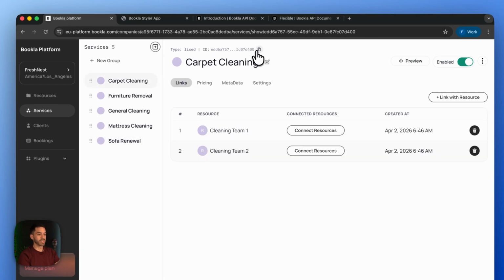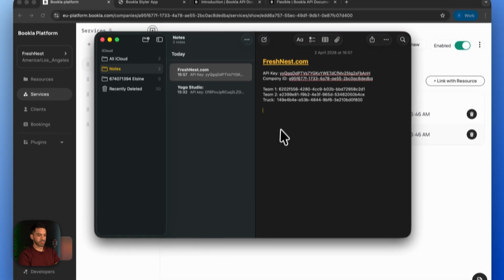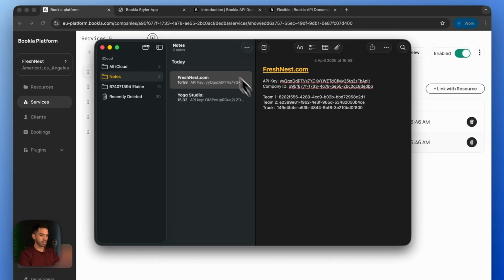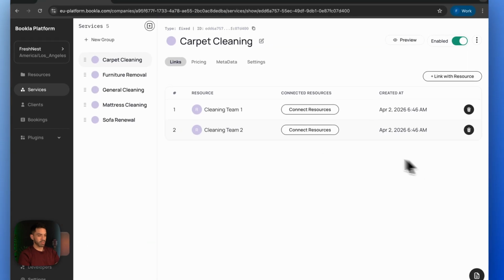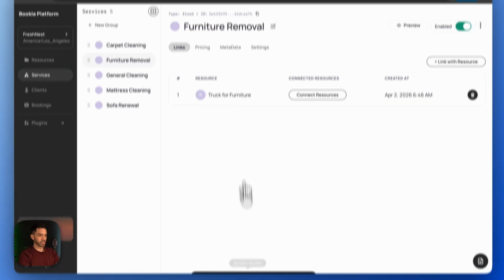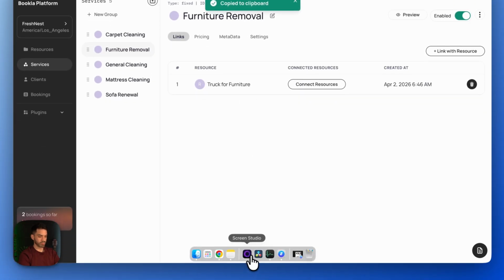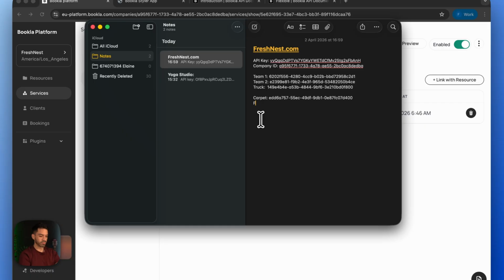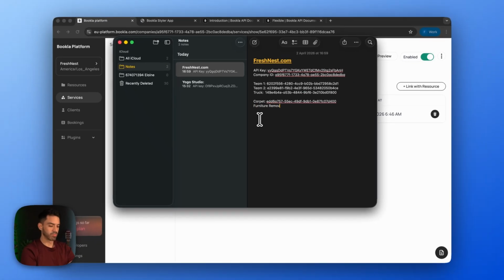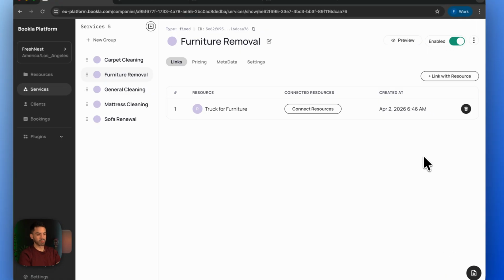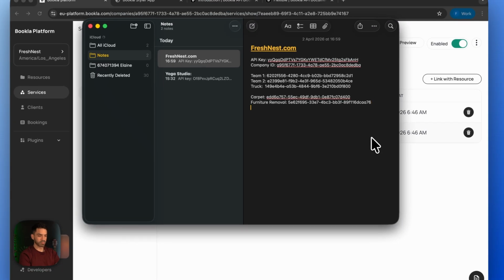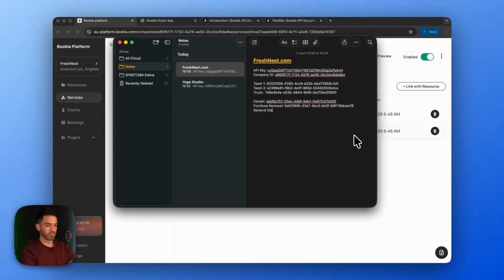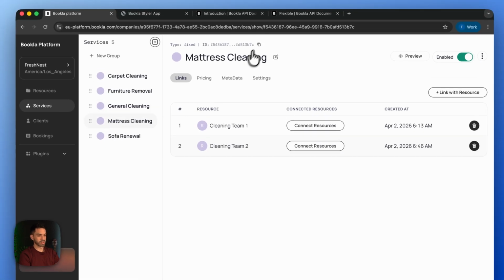So we can get all the IDs of these services. This one is carpet cleaning, carpet, furniture removal, then general cleaning, mattress cleaning,